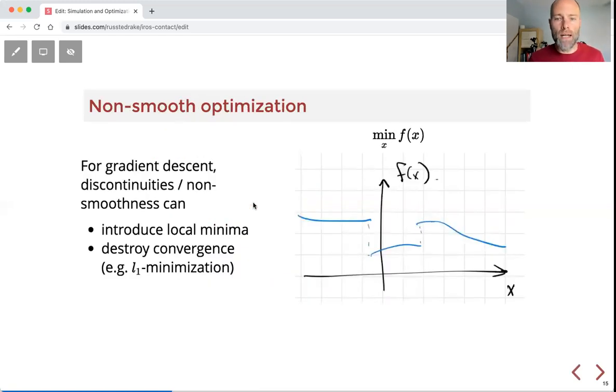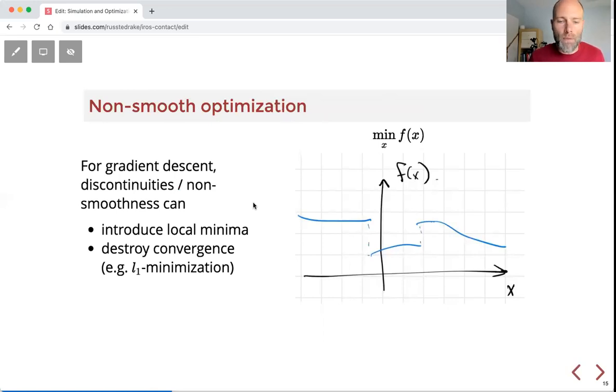So let's think about non-smooth optimization. If I do have some non-smoothness and I want to just take some arbitrary parameter x and minimize some function f of x, and that function is non-smooth, why does that matter? Why are we even talking about this? Well, gradient descent has beautiful theory and convergence results and lots of understanding for smooth objective functions. And it's well understood that non-smooth objective functions can throw a wrench in that.